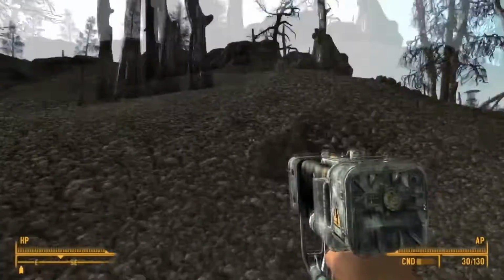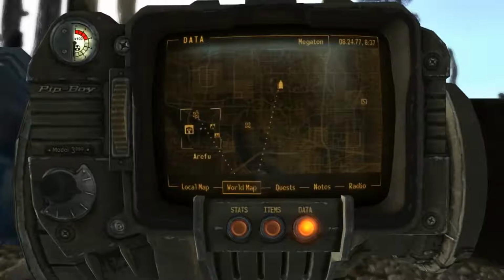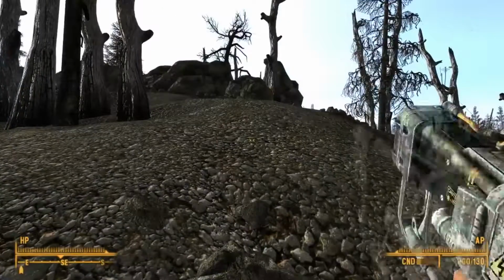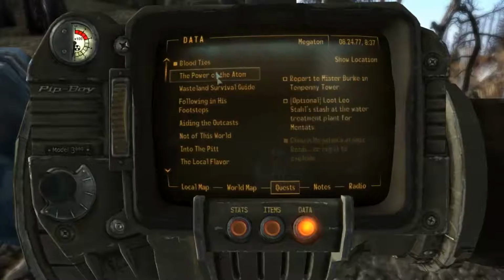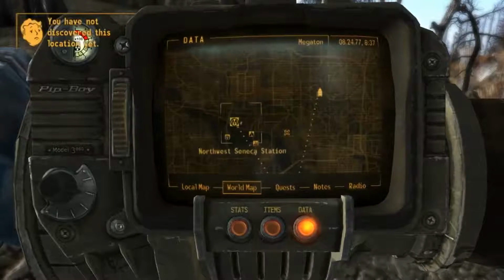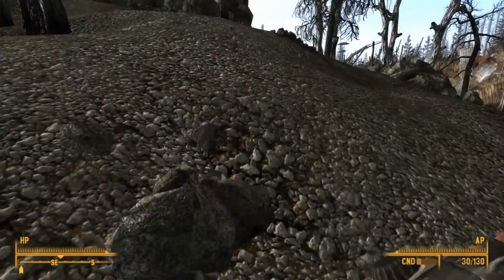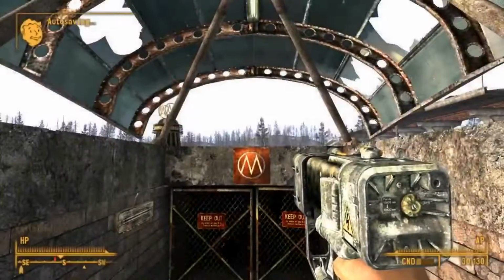I feel like doing the Wasteland Survival Guide, but the problem is that requires me to go higher up in the north. That's dangerous. Wait, do I have multiple quests on at the same time here? Show location. Oh, that's my own thing. Can I go back there? I can. Alright. Let's go back there. Now that we know I got all the traps turned off and everything. Also, I can make some quick caps with...